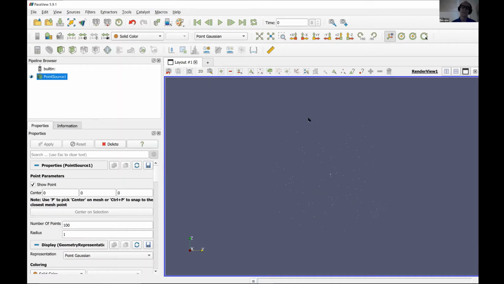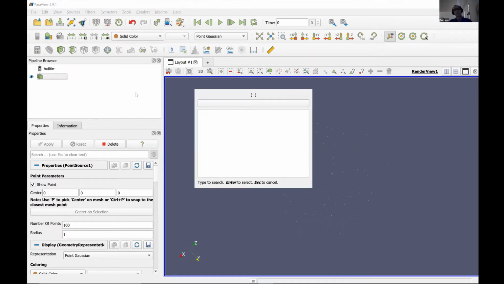It thinks it's a 2D data set, so let's click on the 2D so that it's a 3D data set, so I can rotate it. Okay, so I changed the number of points and I changed the radius, and also I specified this is a 3D data set. Yeah, and then we can do the calculator